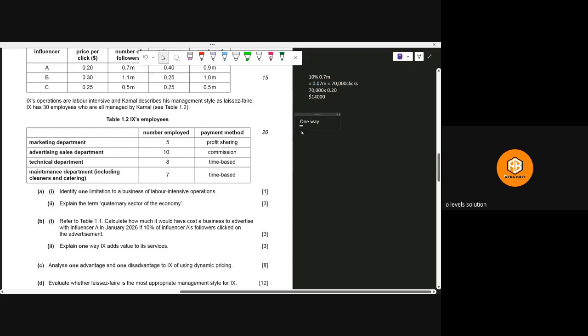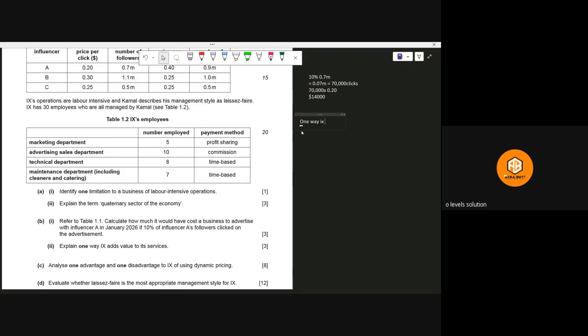So one way IX adds value is by providing more detailed information to influencers, and this adds value